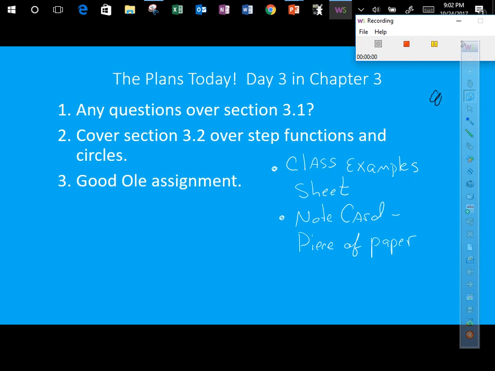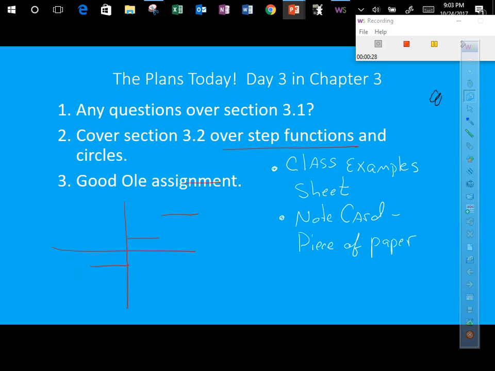Well, hello everybody. What I need to do with you today is cover section 3-2. 3-2 has two different parts in it. Part 1, we're going to look at and review how to graph the step functions. The reason they're called step functions, guys, is when we graph them, they will look like this. And we'll talk about where the open dot and closed dot is, but that's what the step function will look